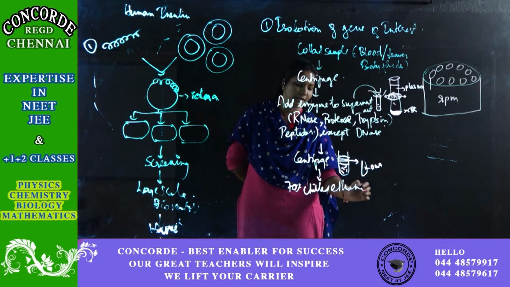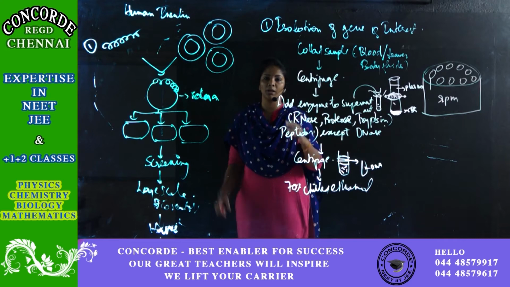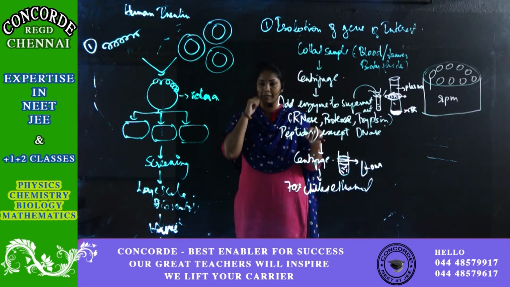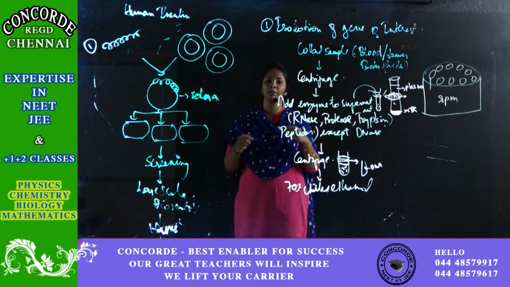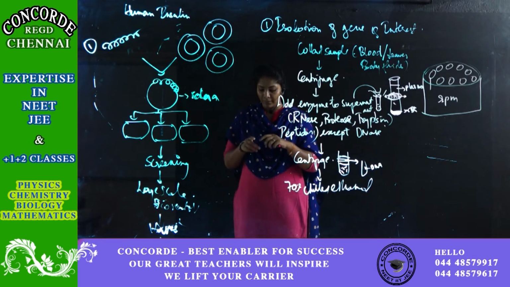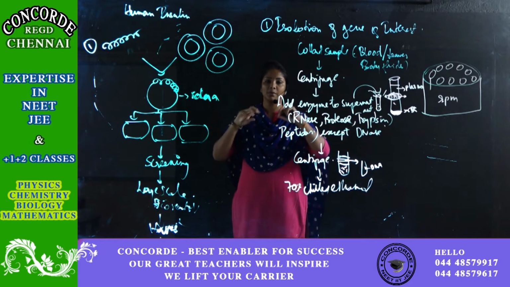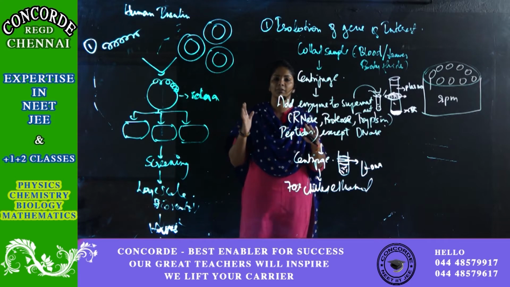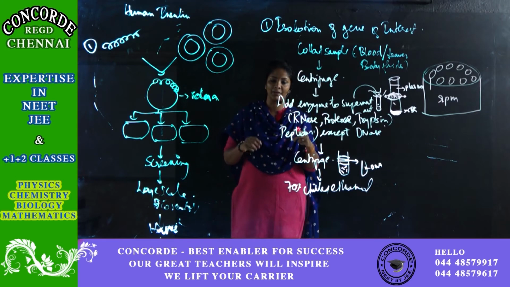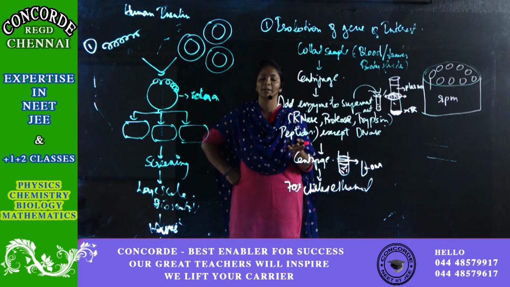I will add 70% chilled ethanol to this. When I add the ethanol, I have to keep rotating my test tube. There will be a formation of your DNA, like small thread-like structures in the tube. When you keep rotating it, it becomes a nice ball. Initially it will be kind of clumpy. So when you keep rotating after adding ethanol, a nice ball-like structure forms. That is nothing but your DNA ball.